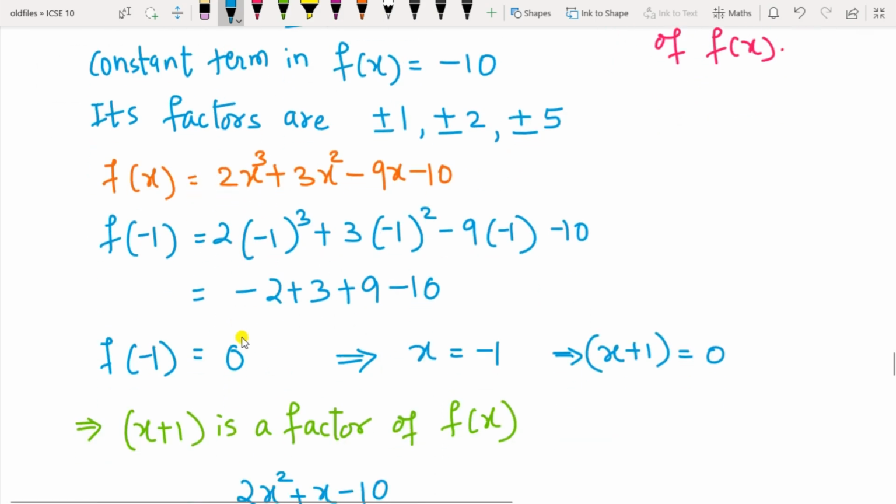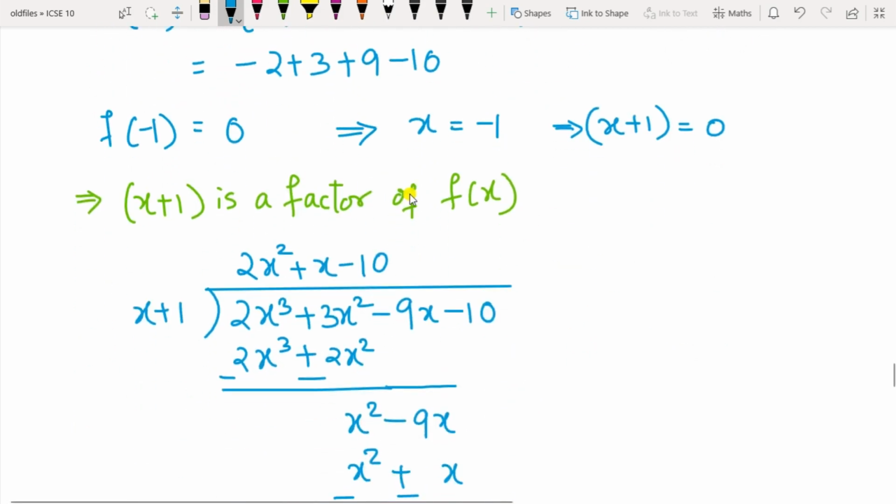So now by taking x equal to 1 and x equal to minus 1, you have to substitute the values and you should get the remainder as 0. Now by substituting x equal to minus 1 for this polynomial, we get the remainder as 0 here. So here x equal to minus 1, therefore x plus 1 is equal to 0. Therefore x plus 1 is a factor for this polynomial.